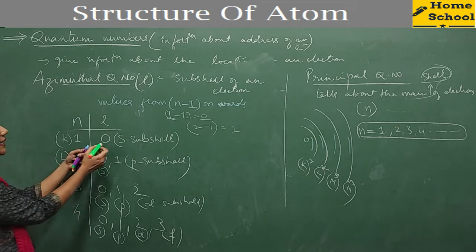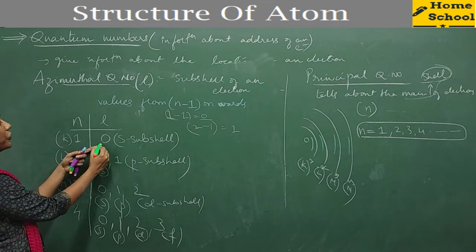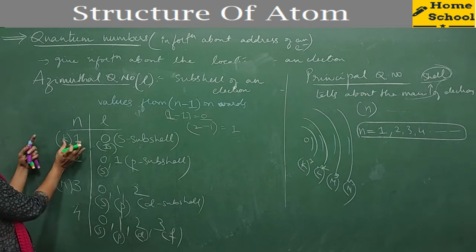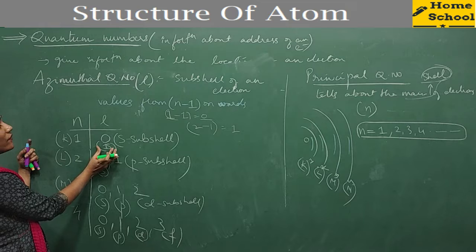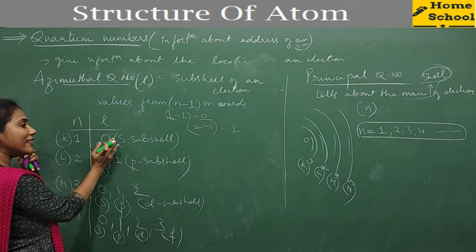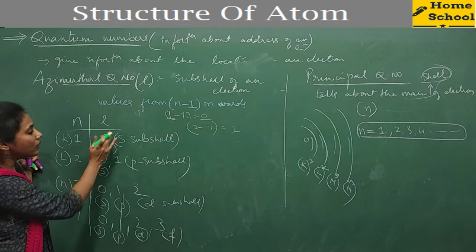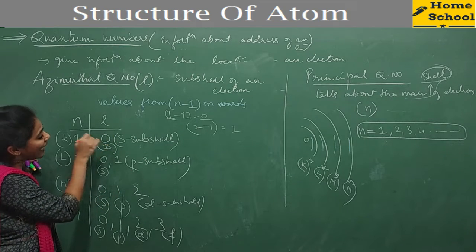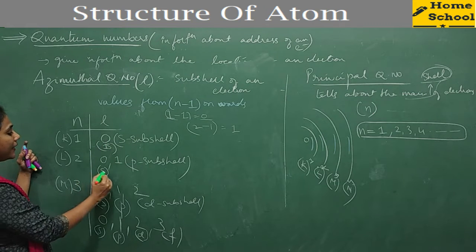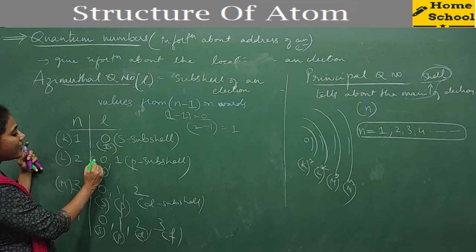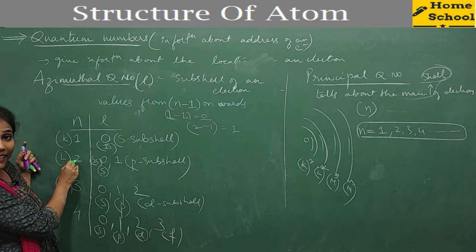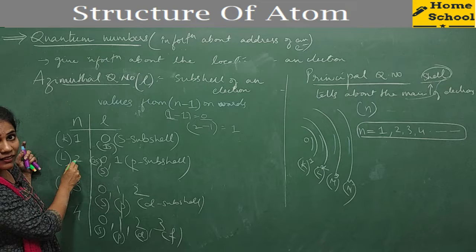So now what is the name of this subshell? You can also write it as 1S subshell. In the first state, you have only 1 district. What is the type of that district? It is S subshell. So what is the name of that district? You can also write it as 1S subshell. And here I will call this 0 as 2S because this S subshell is present in the second main shell. Yes or no?